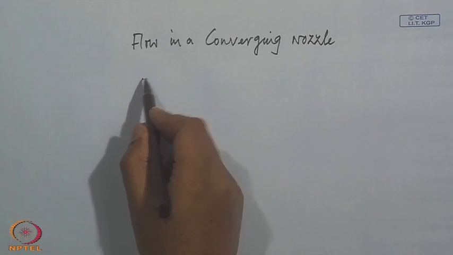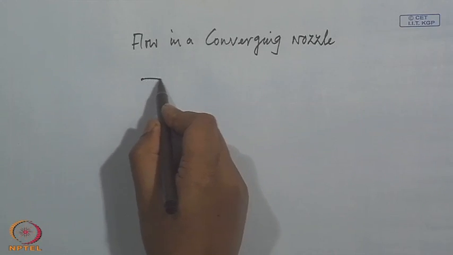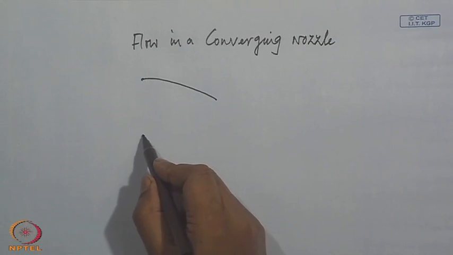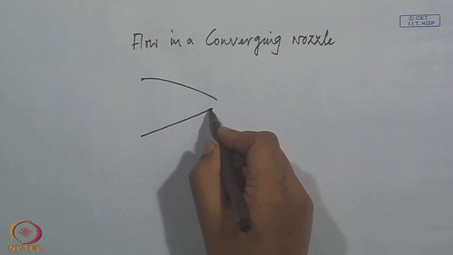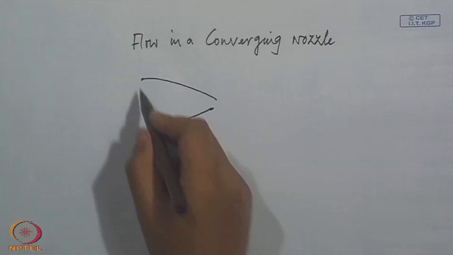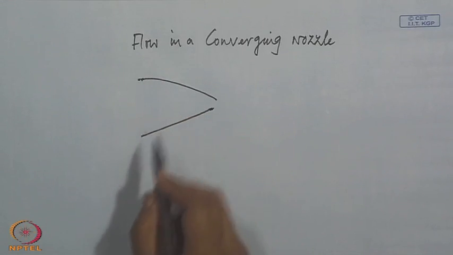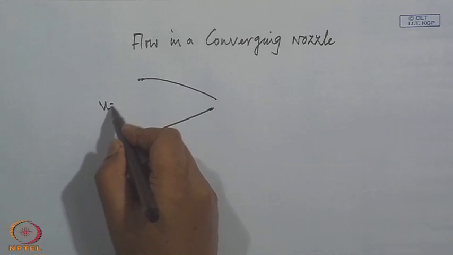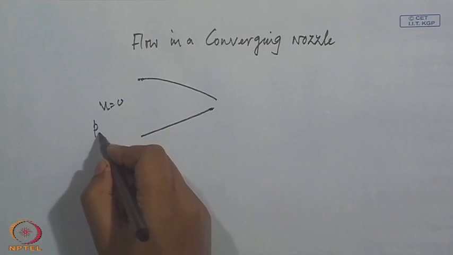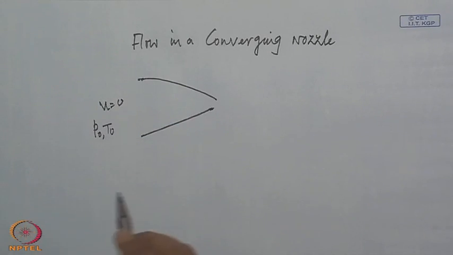And what we have stated is that let us have a converging nozzle which is connected to a reservoir where flow velocity is 0 and pressure and temperature are, of course, the total pressure and total temperature,